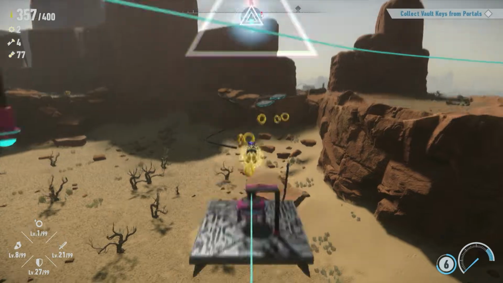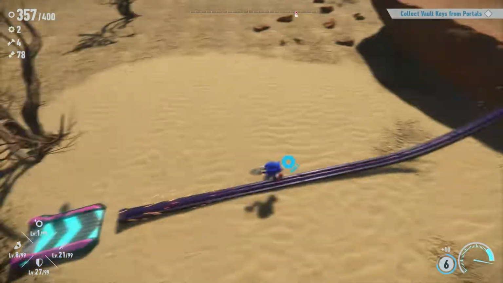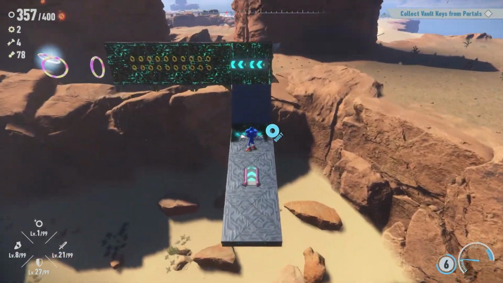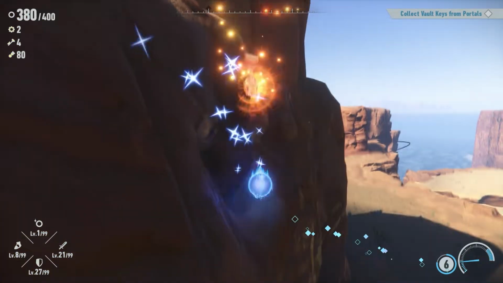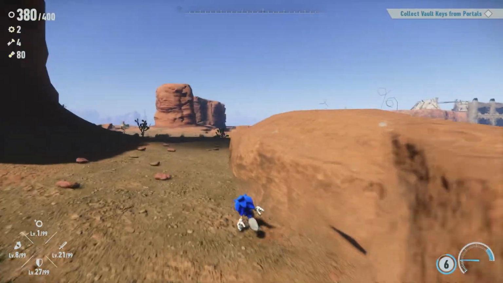I rarely skipped encounters because of how much fun I was having with the combat. Once you get into the phantom rushes and things like that, it is a blast to play around with. I liked the combat a whole lot more than I got to use it, I guess is the way to put it. Most enemies you're going to kill in one hit, and the later enemies are mostly like parry them and then go for them when they're